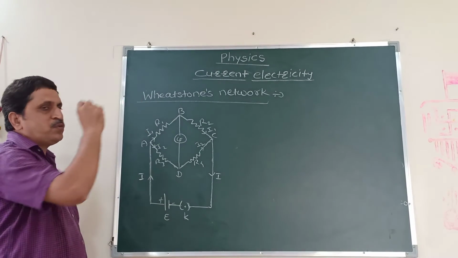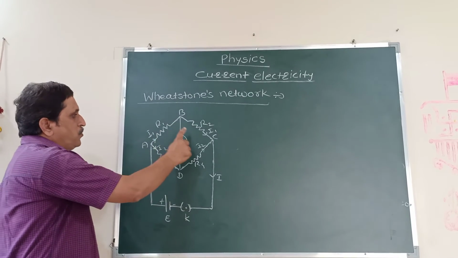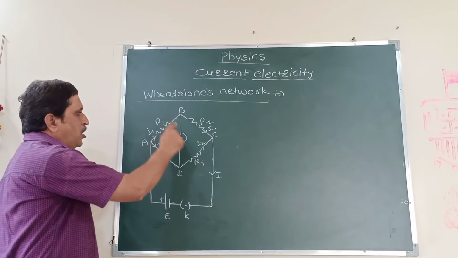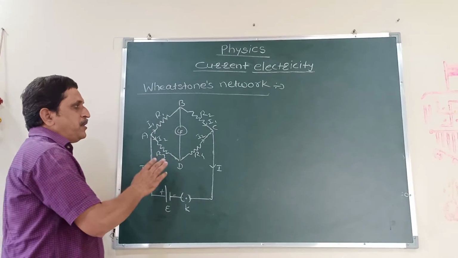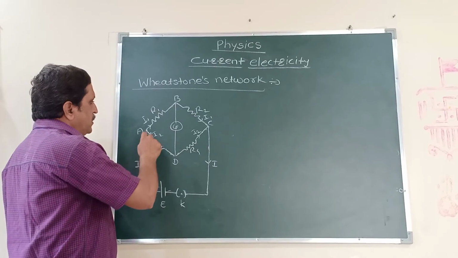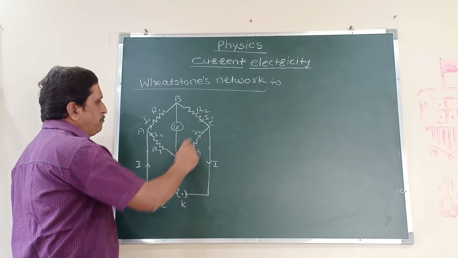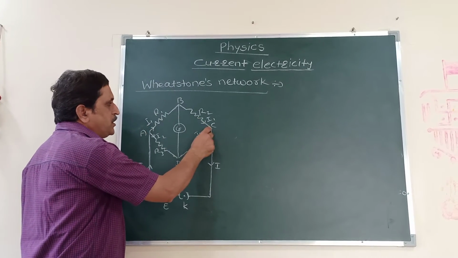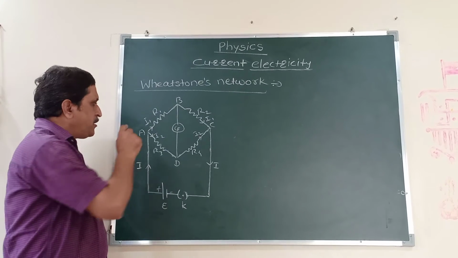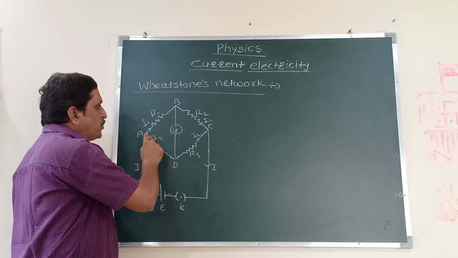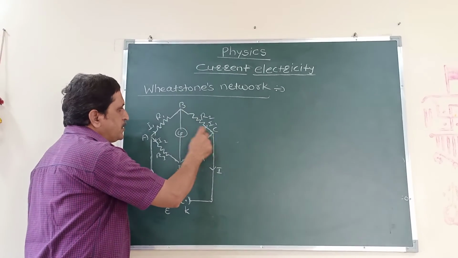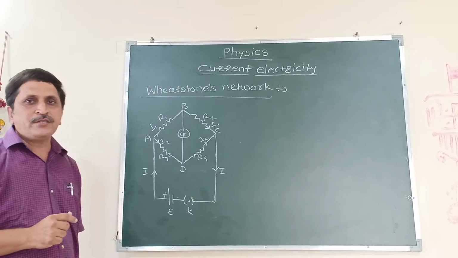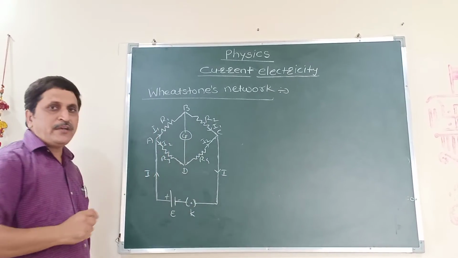Now, according to Wheatstone's network, we are going to find out the balancing condition or null condition of this network. Now, as per the basic rule of electrical circuits, along the path ABC and along the path ADC, electric potential goes on decreasing from point A to C. That means at point A, electric potential is large. As we move along this path towards the point C, that potential goes on decreasing. That means at point C, electric potential is small as compared to the potential at point A.